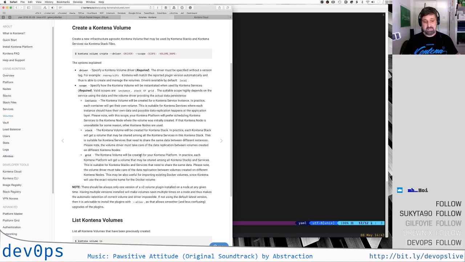So all stacks running on this platform will be able to see and use this volume. In this case, the stack scope seems the best. It means that all Kontena services in this stack, in this Gitlab stack, will be able to use